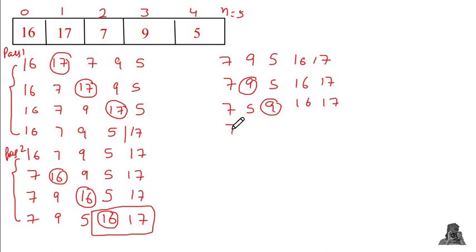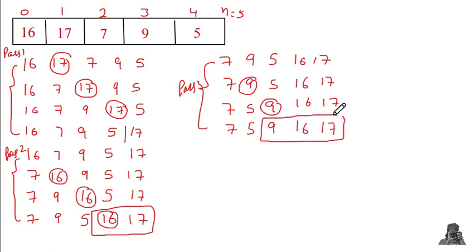So now after this third pass, we have got this sorted array, and in this array we can see 3 elements have been sorted. So they have been fixed to their appropriate positions. Now moving to the next pass, we have this array in this order. So again the comparison will be done. 7 and 5 are out of order, so 5 will be shifted forward. Again 7, 16, and this will be the sorted array.